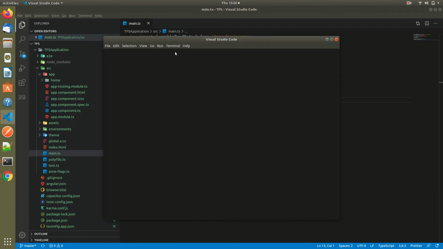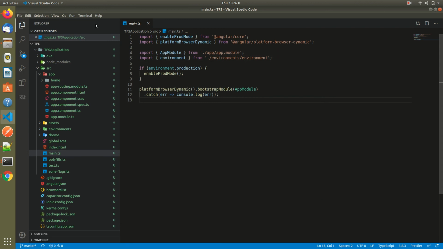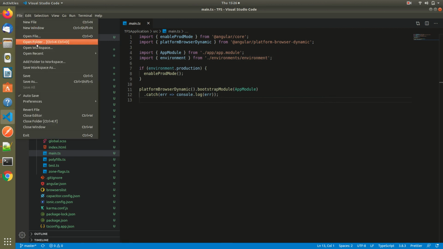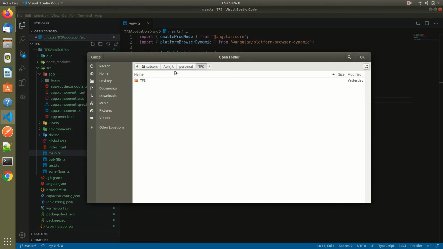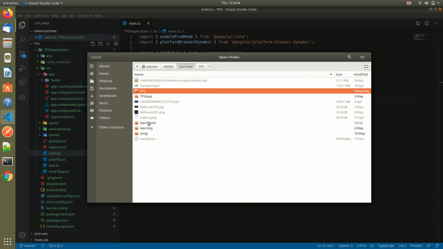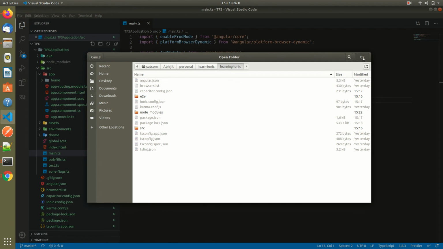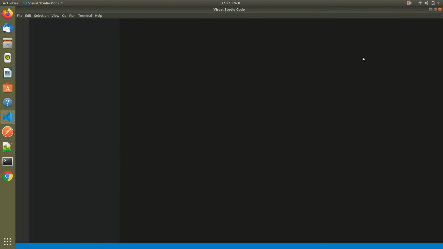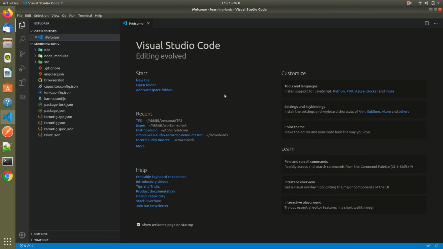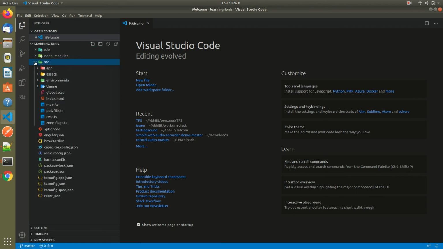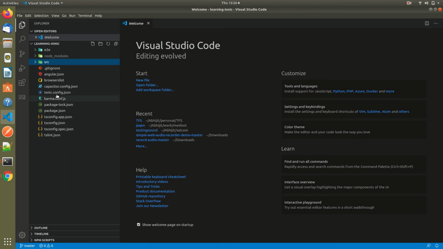Open a new window, then from File, Open Folder, personal, learn Ionic, then learning Ionic. This is the application I have created, and you can see here that various colorful icons are there, because I have installed an extension.